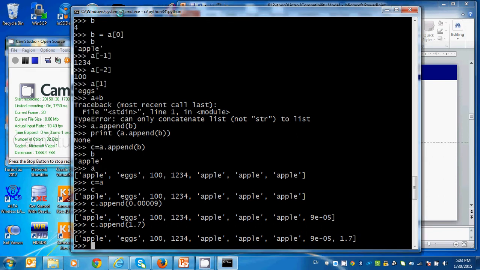If you want to see any help from Python, then you can type help. It's another function, help open parentheses and close parentheses, so that you can